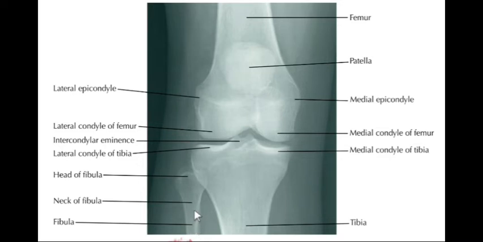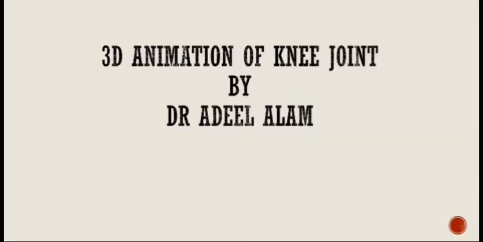The knee joint is supplied by anastomosis around the knee joint, which you have learned already in the previous lectures. The nerve supply follows the Hilton's law. Anteriorly, femoral nerve, posteriorly, sciatic nerve, and medially, obturator nerve. Supplies the proprioception as well as sensory. Now, in these slides, you are going to view the 3D animation of the knee joint, movement and structures. So, hope you will enjoy.